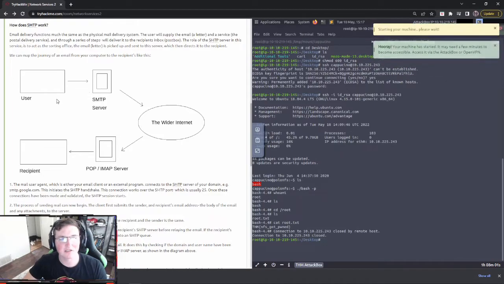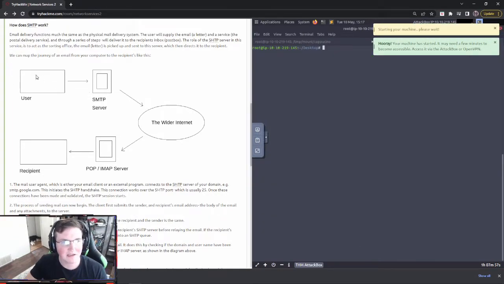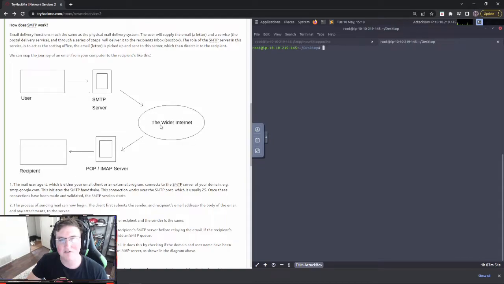Okay, so this is the picture, the SMTP pretty much to a T. What does that mean? So here's your user. You send an email. It goes to the SMTP server, which then sends it out to the internet to find another SMTP server, which will use POP or IMAP. Now, these look like separate servers, but most of the time they're running on the same one. Maybe you'll have one in the POP server in the DMZ or something, or the SMTP. It doesn't matter, right?